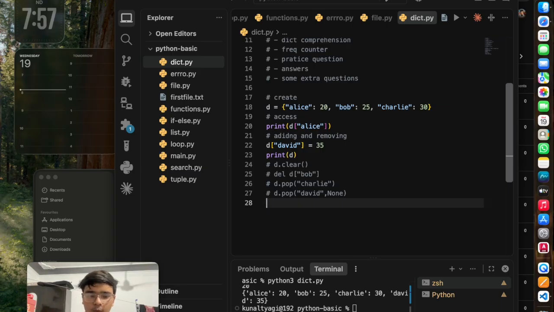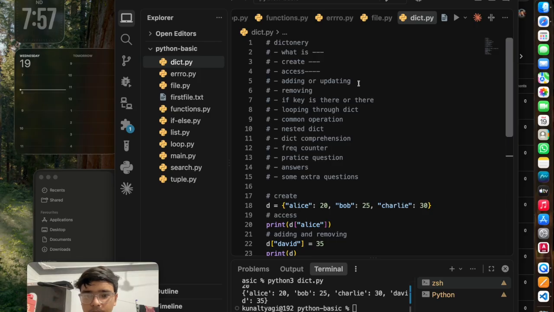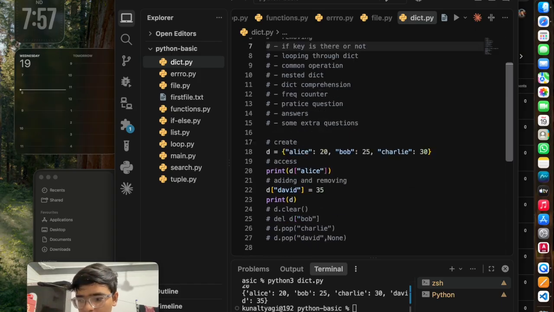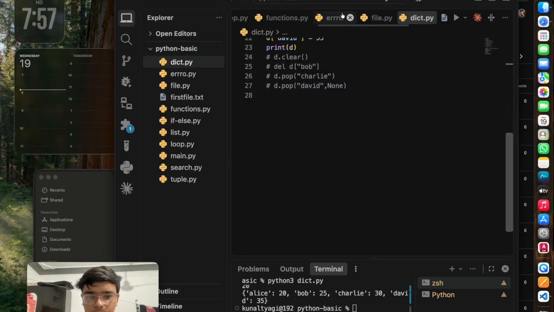Then we have how we can check if a key is there or not. We are done with this as well. Now we have to check if a key is there or not. We can easily do this by, let's just check for key. You can easily do it by writing, for example, we have Alice name, Alice in d.